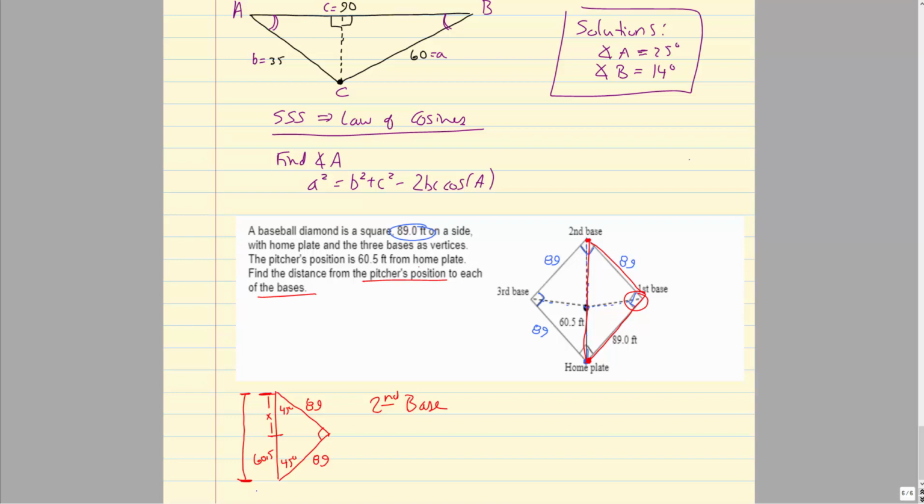So for this one, to get started, I'm not going to use the law of sines or the law of cosines. I'm going to use Pythagorean's theorem. So let's call this distance h. If you notice, that's the hypotenuse. So leg squared plus leg squared equals that hypotenuse squared. So h would be the square root of 89 squared plus 89 squared. So let's go ahead and see what h would be. Again, that's the square root of 89 squared plus 89 squared. So this is equal to